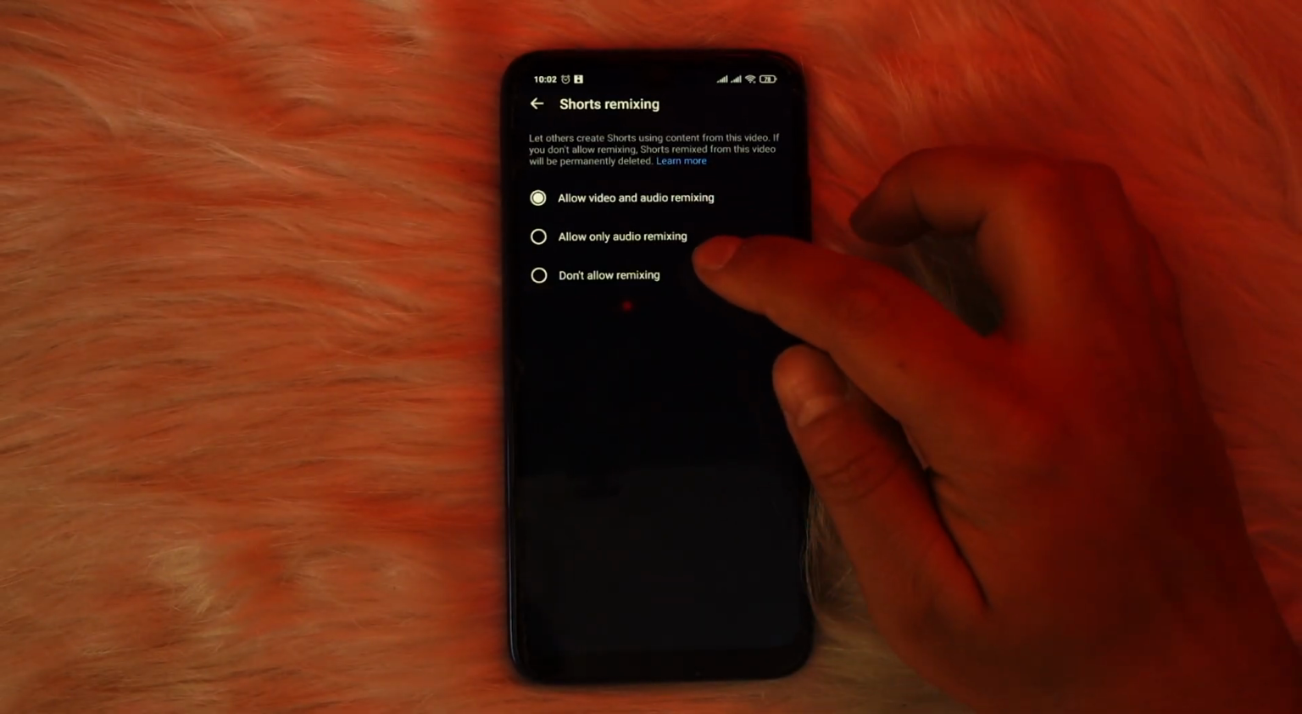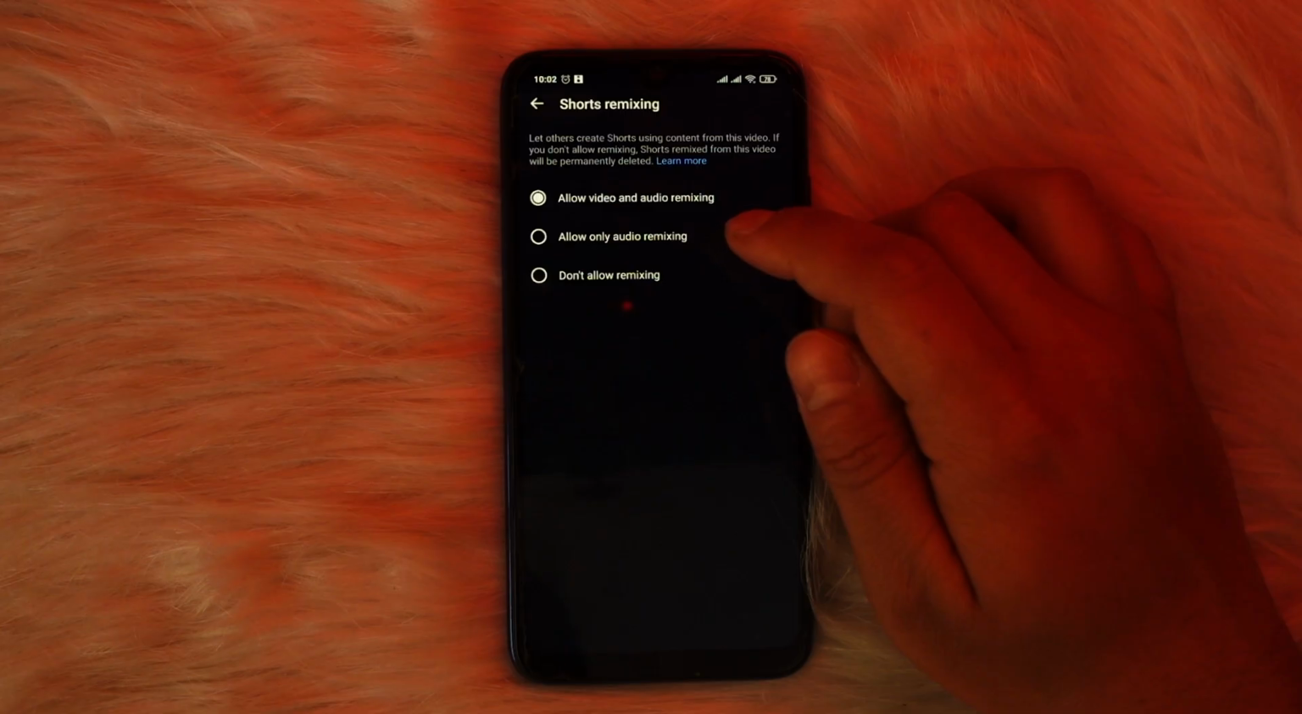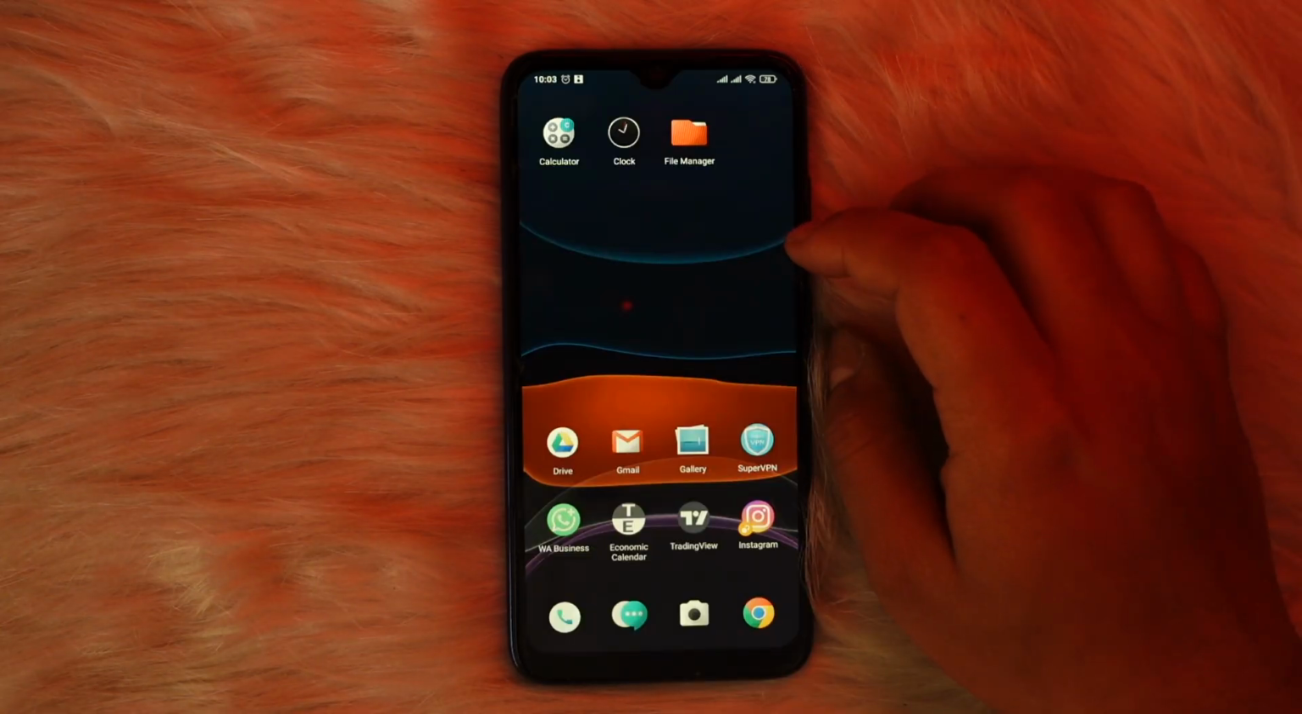If this is toggled off for you, other creators would not be able to create a remix out of this particular short. Now what you can also try out if this issue is not fixed is try to update the